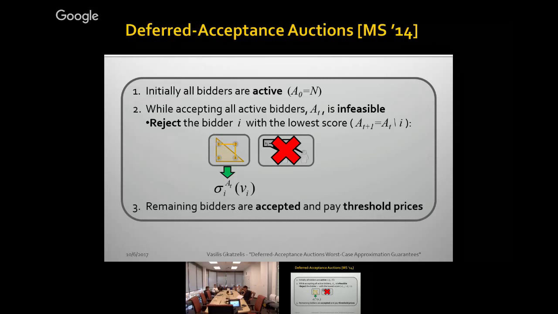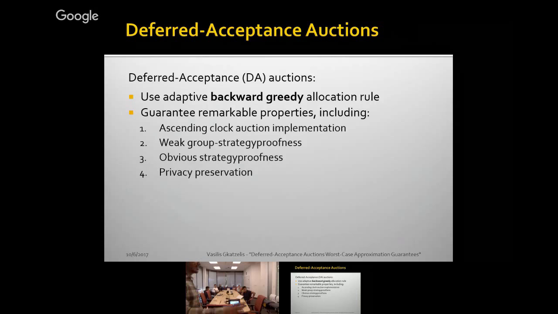And at the end of the day, we summarize everyone's attractiveness into a score, rank them, reject the worst guy, move to the next stage. New scores. Reject the worst guy, next stage. And we keep doing that until we get a feasible subset. Does that make sense? So this is the class of algorithms that Milgrom and Segal defined. And the question was, what can you do? But before we go there, let's verify what nice properties you get if you manage to do that. I said it has impressive incentive properties.